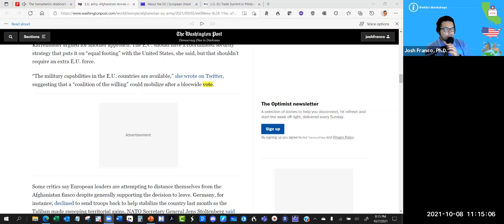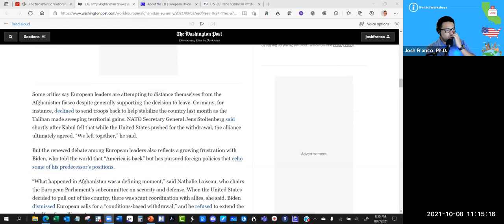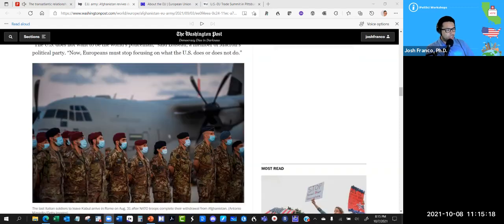So this article goes on to describe the tension within the European Union and its member countries about establishing a more permanent military or a standalone military. What I found fascinating about this conversation, obviously, is that it's in the context of the United States making a very significant military geopolitical decision by withdrawing from Afghanistan after 20 years of conflict, and basically the European Union member countries not knowing. At the same time, you've seen the European Union grow in its sophistication over the years, as we'll learn about in the next slide, as first a coal and iron bloc, right?